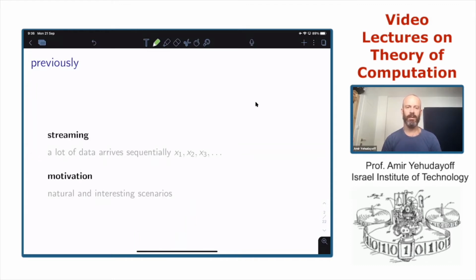The streaming scenario is that a lot of data arrives sequentially, and our goal is to do something useful with it. In the previous talk, we gave a few options to useful things we can do with it. And today we are going to define it more formally.